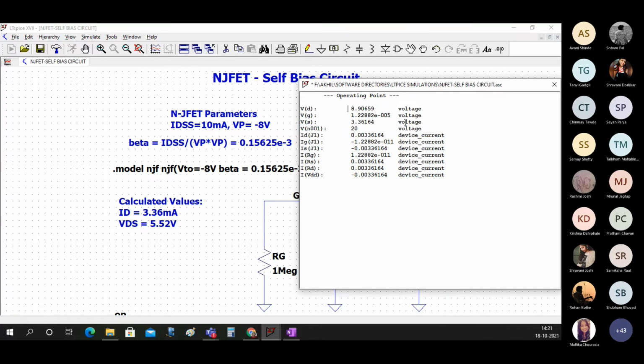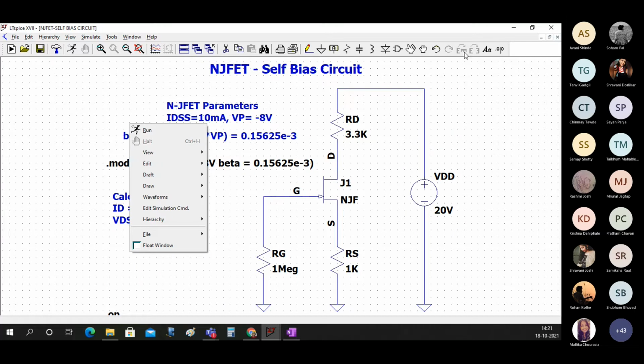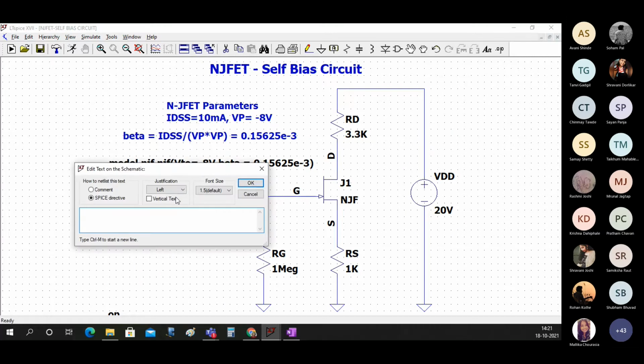I'm just copying these three values, right here, observed values. We have observed drain voltage, gate voltage, and source voltage, and obviously VDS is nothing but